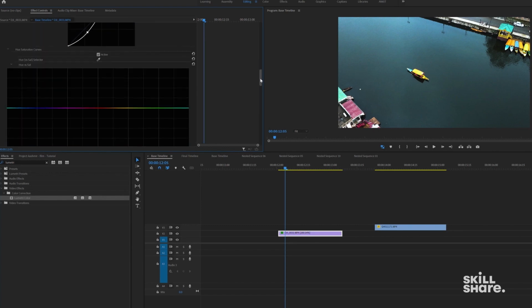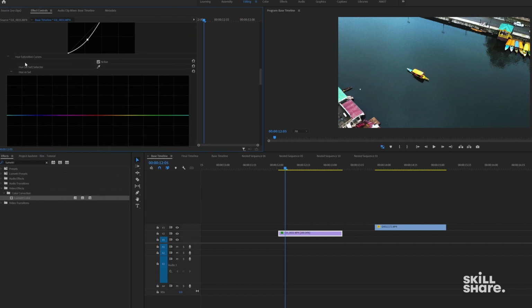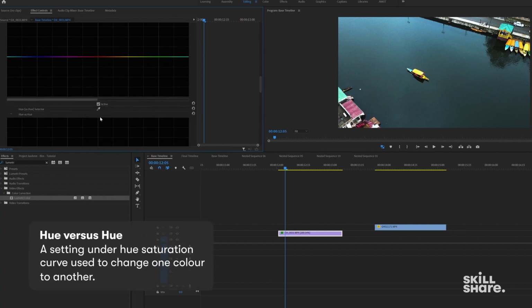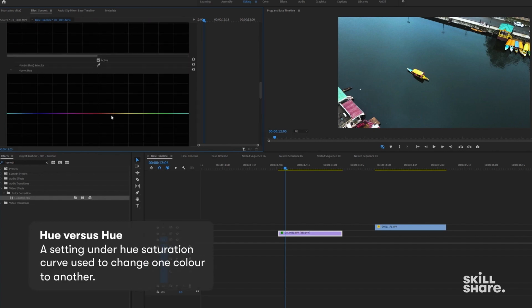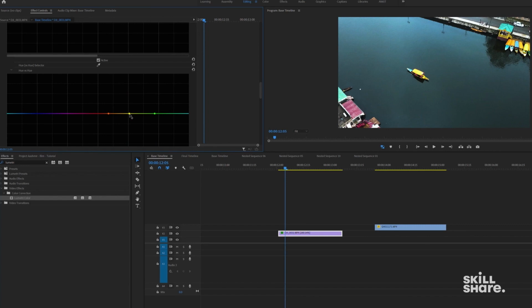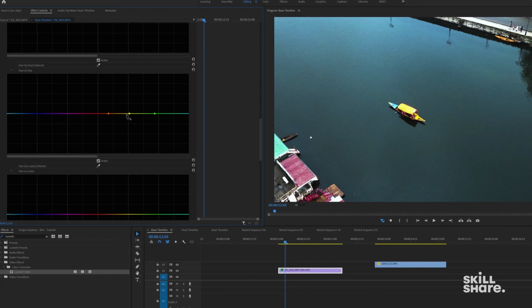And here in this portion, we have hue saturation curves. Means you can change the color. Hue means color, and you can change the particular color. For example, if we go hue versus hue here, that I like to use a lot. So just select these 2 points and select this. Now see this in the video, we have yellow color, and if you want to change the yellow to look like orange or green, we can change the slider. See, green, orange, pink, whatever you want. So that's how you change the particular color without using LUTs.